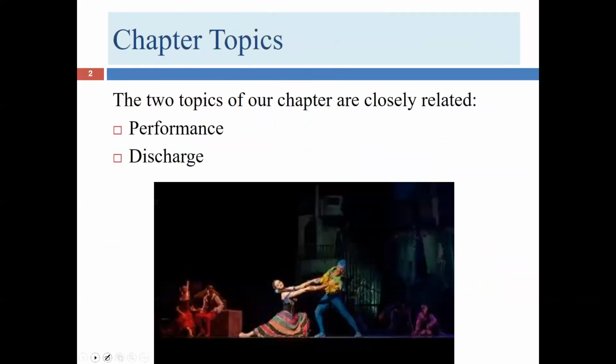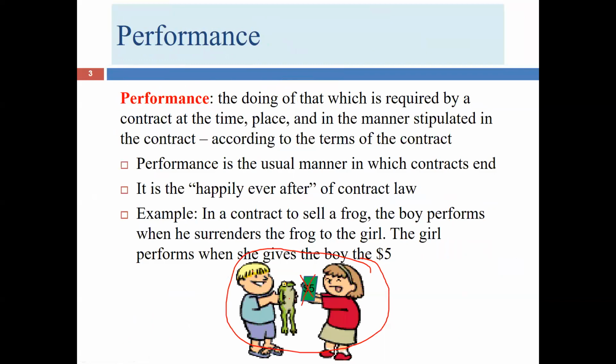I mean, going back to our situation with Bobby and Sally, they enter into this contract, Bobby's supposed to give Sally the frog, Sally's supposed to give Bobby the $5, but you know what? Bobby starts thinking about it, and this is his favorite frog. And Sally's thinking to herself, gosh, this is my lunch money. I don't want to be hungry. And they both decide, I don't really want to do this. Well, guess what? They don't have to do it.